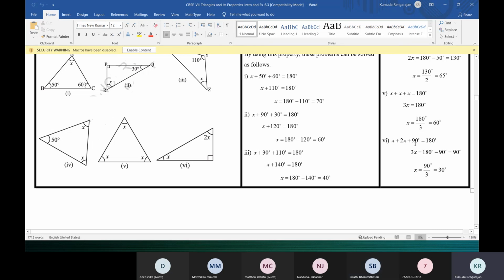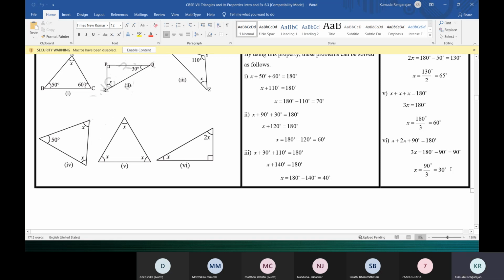Can you see it here below? x plus 2x plus 90 is equal to 180. Just what Swati said. x plus 2x is 3x, so 3x plus 90 is equal to 180. And this 90 also will come to the other side. You can do it in one more step also if you want. 3x is equal to 180 minus 90. So 3x is equal to 90. x is equal to 90 by 3,